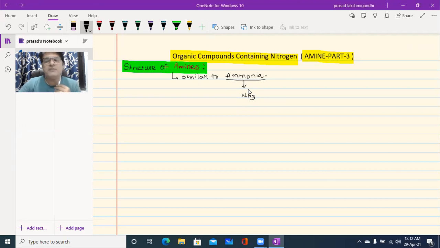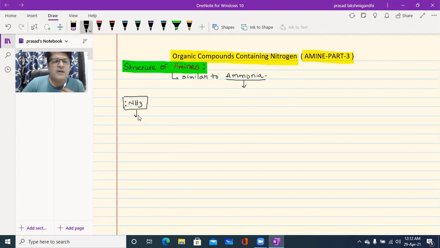In the first part of the video clip, in NH3, what is the central atom? Nitrogen, having a lone pair. Out of the three hydrogens, if you remove one hydrogen, I am going to write from the completely left side of the page, which can be easy for us. What is that? Ammonia, in which one lone pair is present on the central atom, and the structure can be drawn like this.